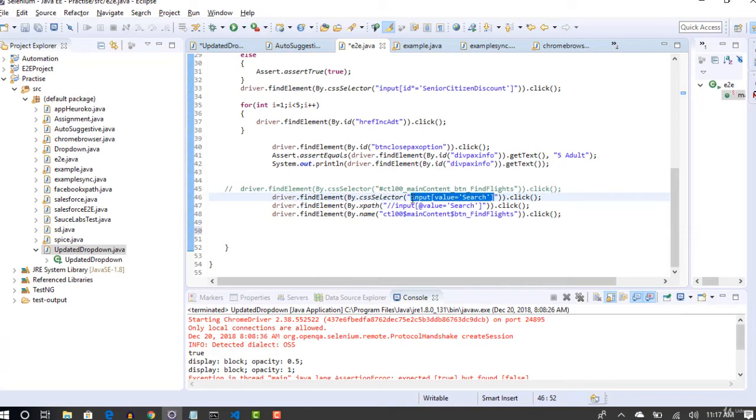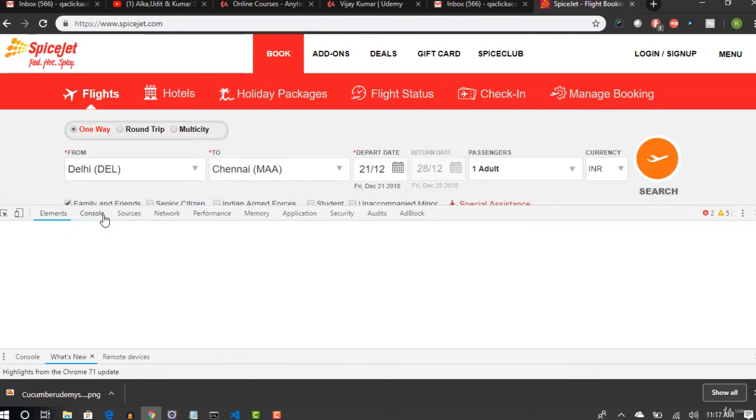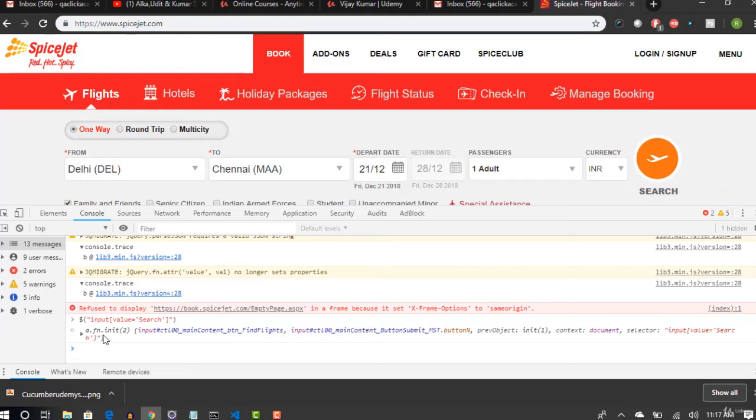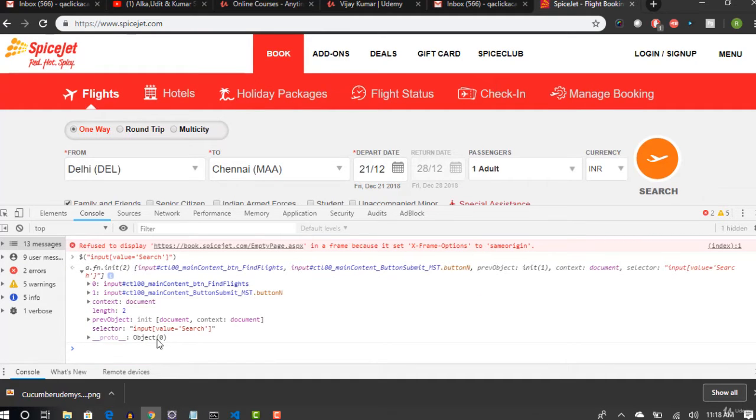So just to make sure, let me copy the CSS and go to either your console or the ChroPath plugin. Okay, so just see if that's existing or not. Is this highlighting? It seems there are multiple elements. You see that length is 2. Okay, so this may not be the unique one, but the first element is this one, so this will work. So there are multiple elements on the screen. The 0th element is highlighting the search button. As always, through Selenium, it identifies the first one and it clicks on it, right?